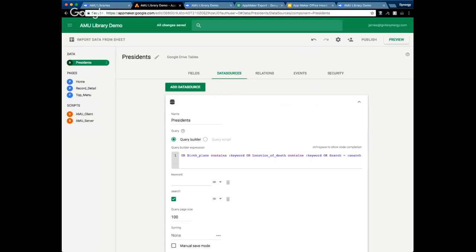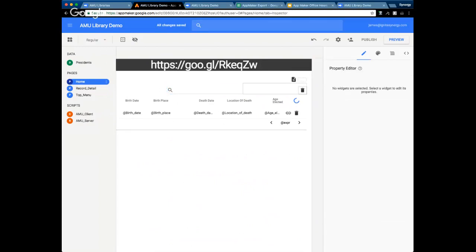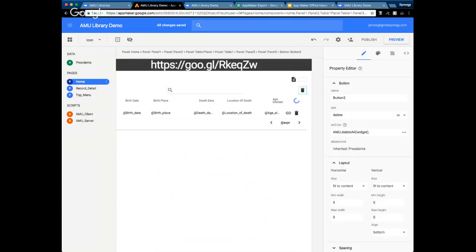You do have to add a search field too there so you can get it to reload when you clear the text box and some things like that. And it just looks like this. And we'll probably do some videos on how to set that up later. I guess just one other quick thing, the delete all feature is simply just amu.deleteAll and widget,